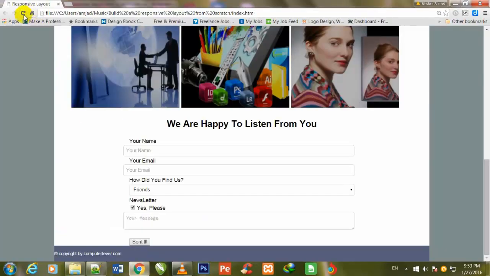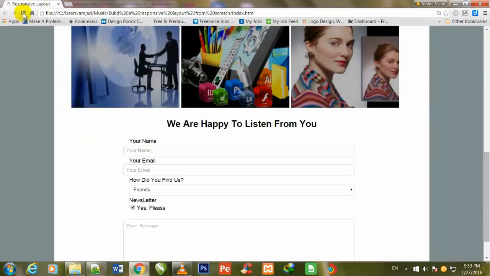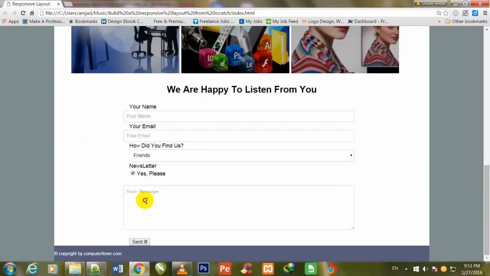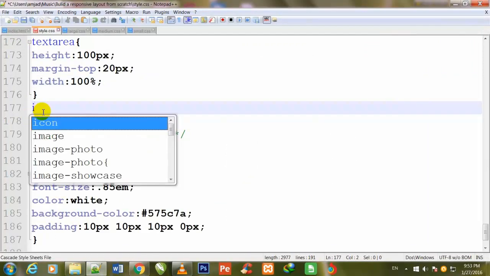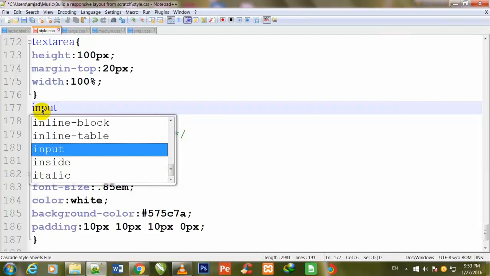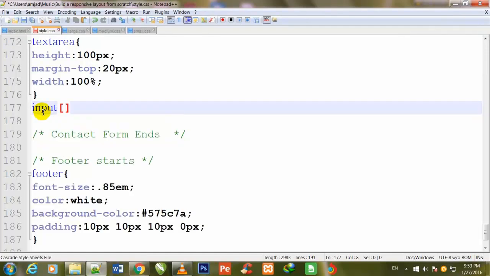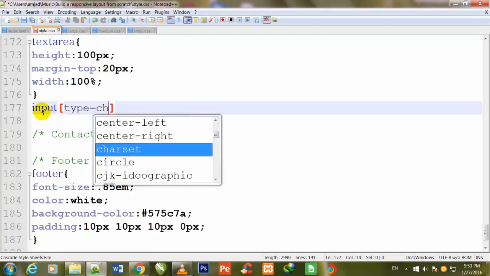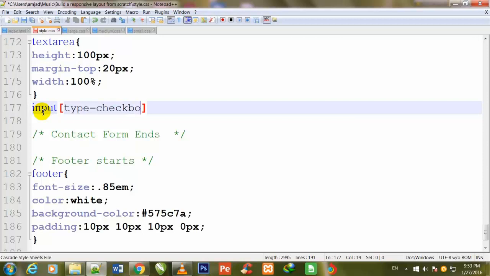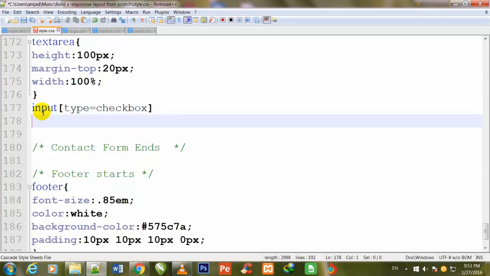So now I come here friend to my browser and refresh this page. So you see now this text area is also showing. Once again I go back to my Notepad++, and friend, here I call the input tag directly, and I make two square brackets, and here I write type is equal to checkbox. So I press enter